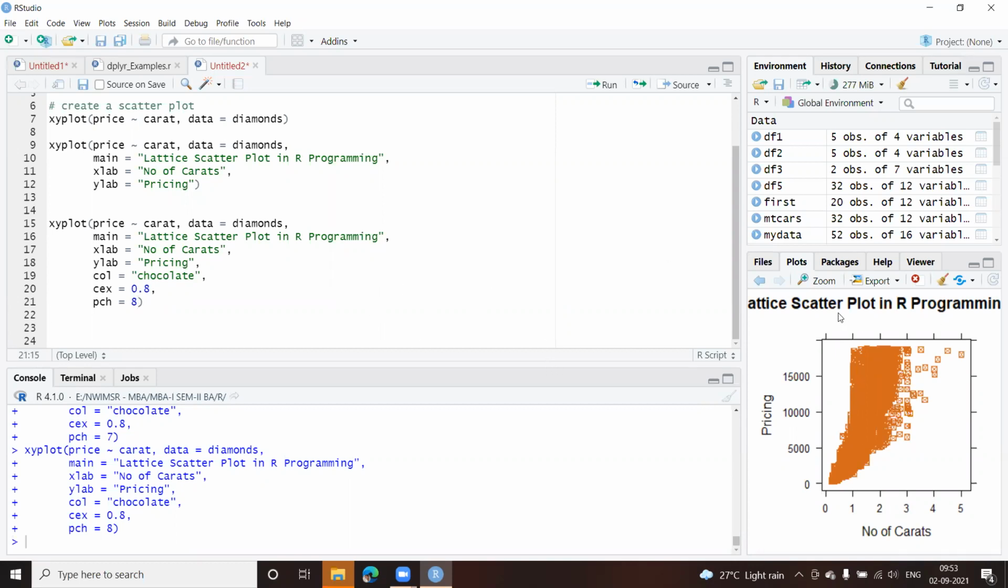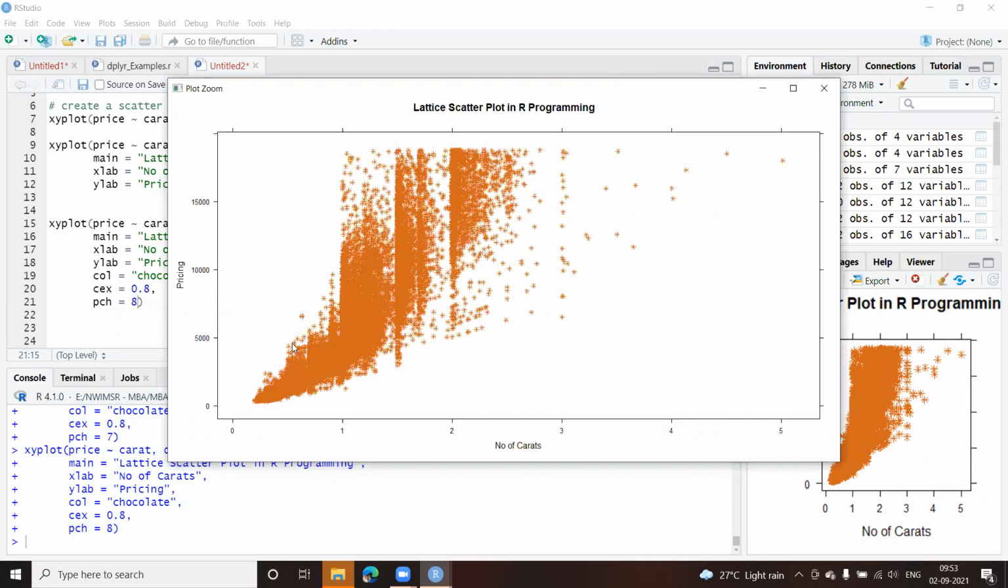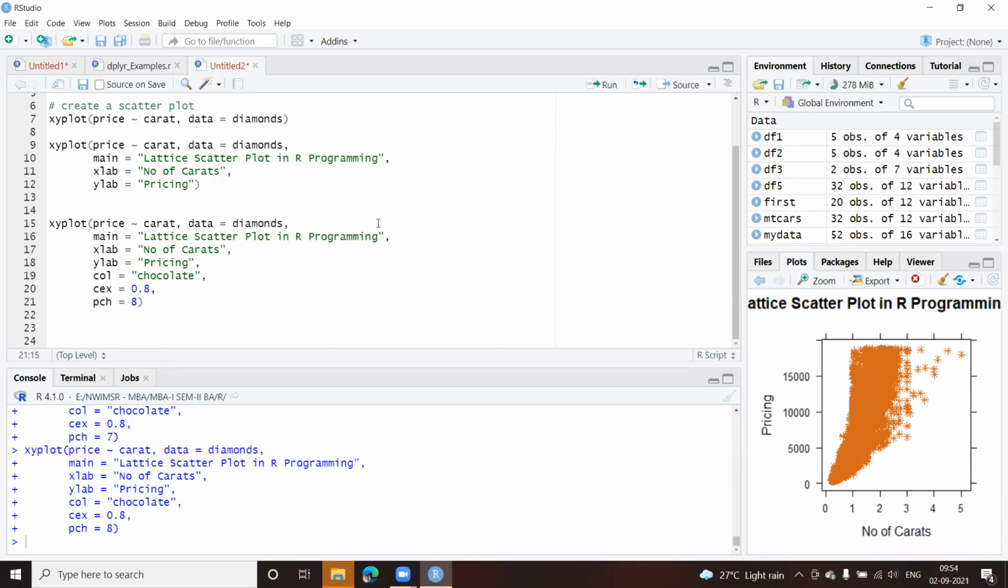That's my plot. Okay, the star. Okay, 8 is the star. And so here it is. You can see the color has changed and the shape has changed. The size of the point has changed, and I have got a star, a different shape. Okay, so these are some few parameters which